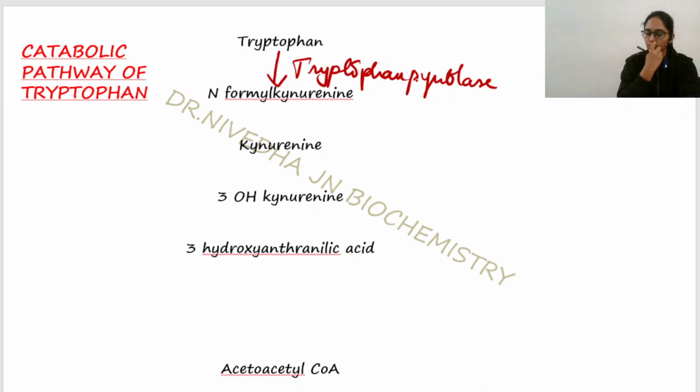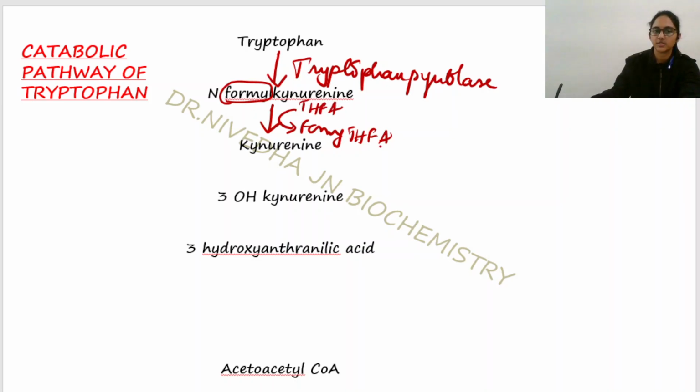You have to know a few things with which you will be able to understand the tryptophan special products. Now this N-formylkynurenine gets converted to kynurenine by removal of the formyl group. With the help of THFA, the formyl group is released from the substrate, forming